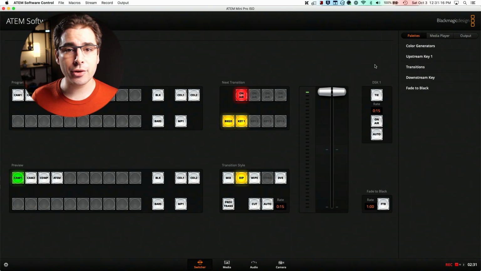So in this video, I'm going to show you how to recreate this effect in the ATEM Mini control panel. So first, a quick recap of how these effects work in the ATEM Mini. The upstream key is the one we're going to use for this because it gives us the most flexibility and the most different tools to manipulate the image.